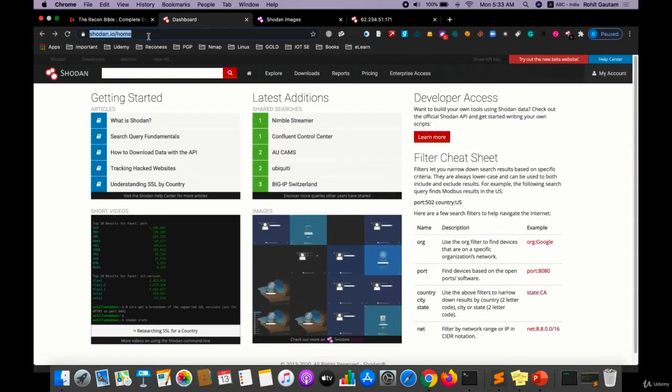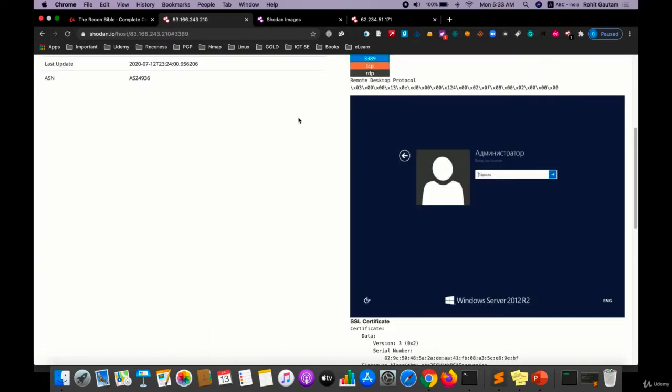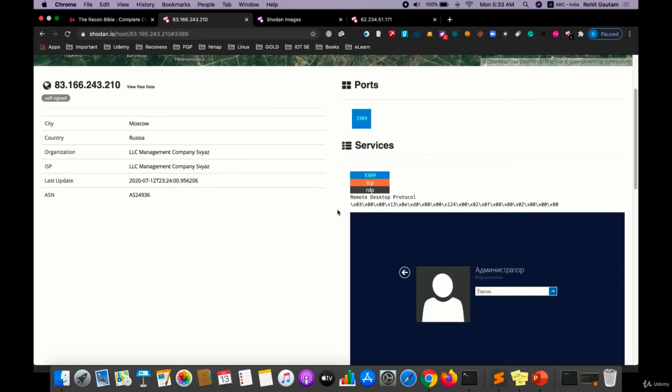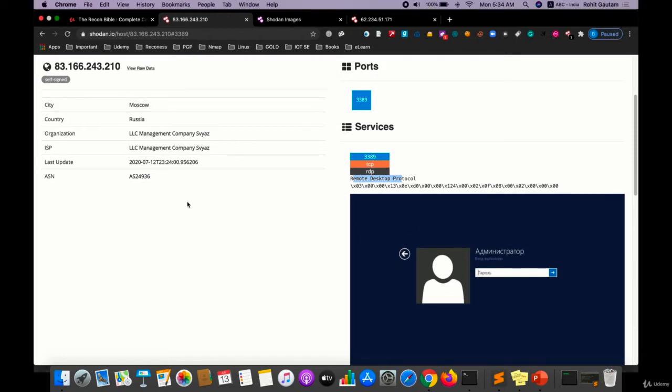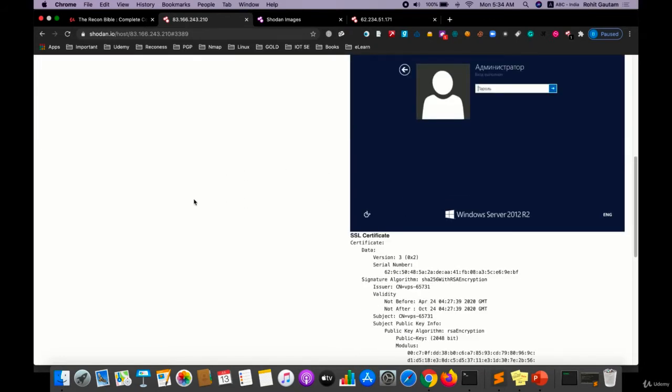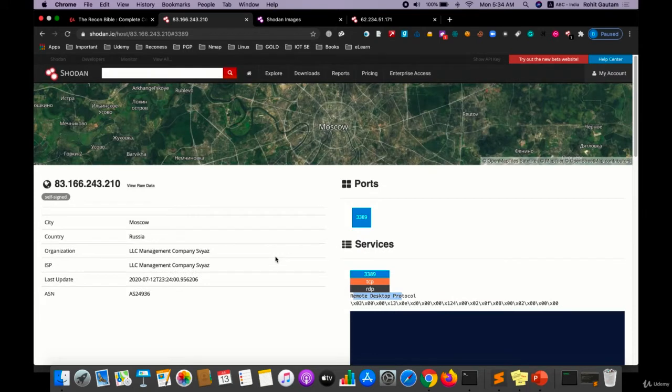When you're on the Shodan.io homepage, if you come over here, you will see the images. If you click on any particular image, let's say this one, you can see this particular server, which has this IP, is running an RDP protocol, which is on 3389. It may be possible that the connected RDP may be vulnerable to some type of exploit. The latest exploit was the BlueKeep vulnerability. If this is vulnerable to that exploit, we can just run that particular exploit on this and it can be exploited. Similarly,